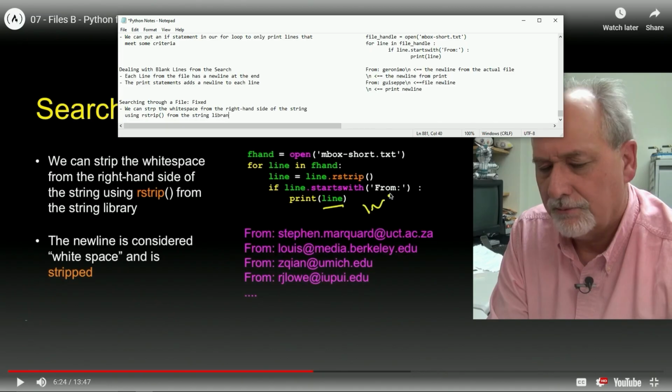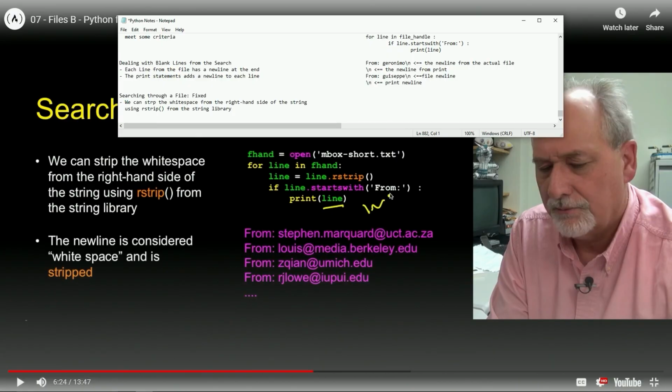I would have just used regular strip. The new line is considered white space. We know that. White space is stripped off. True. All right.